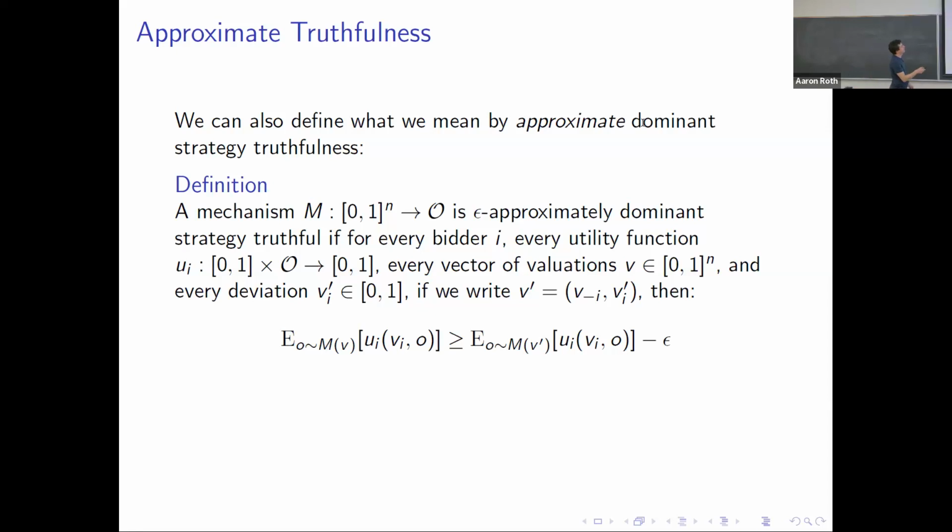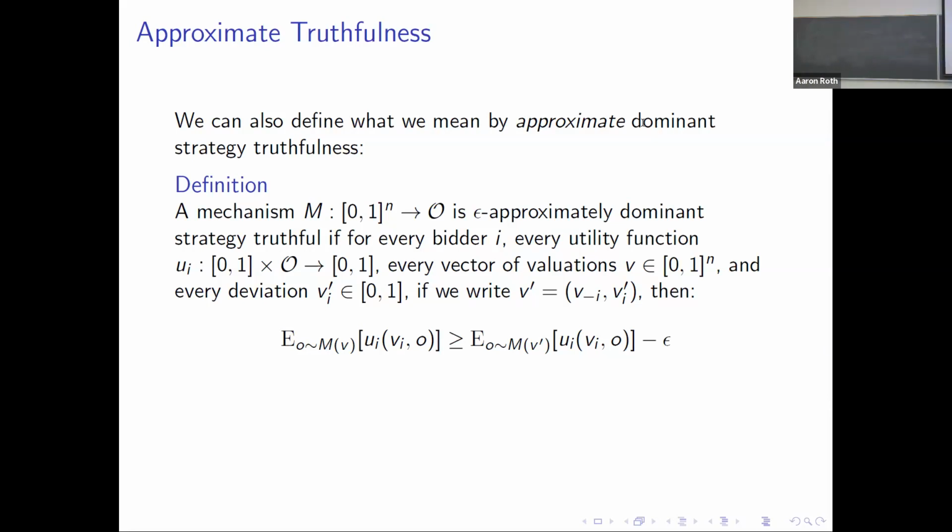And we'll say that this mechanism for choosing an outcome, for example a price, is epsilon approximately dominant strategy truthful if, simultaneously for every bidder i, and for every possible utility function that they might have, and for every vector of bids that might be input to this mechanism, and for every alternative report that bidder i might consider making, for every deviation from truthful reporting, if we think of v as the vector of valuations that results when everyone else bids as they were going to and bidder i tells the truth, and v prime as the vector that results when, again, everyone else bids however they were bidding, but bidder i unilaterally deviates to bidding v prime i,